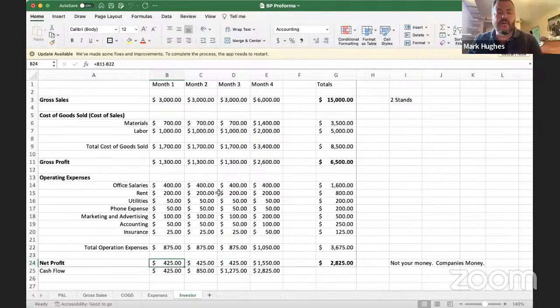and then you create another form for projecting the next 12 months,